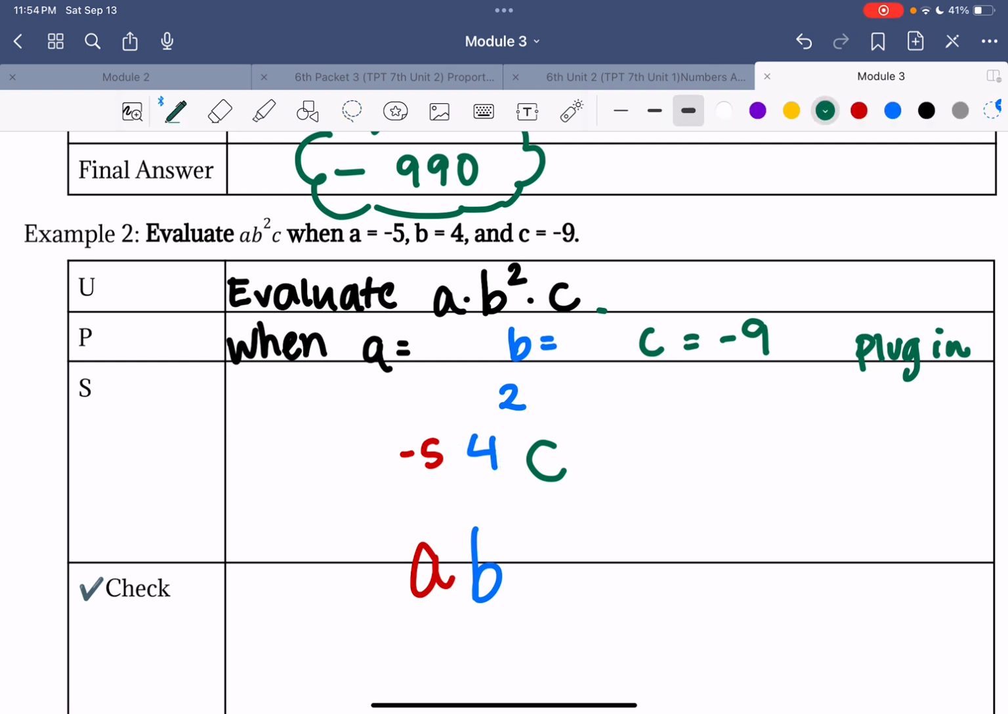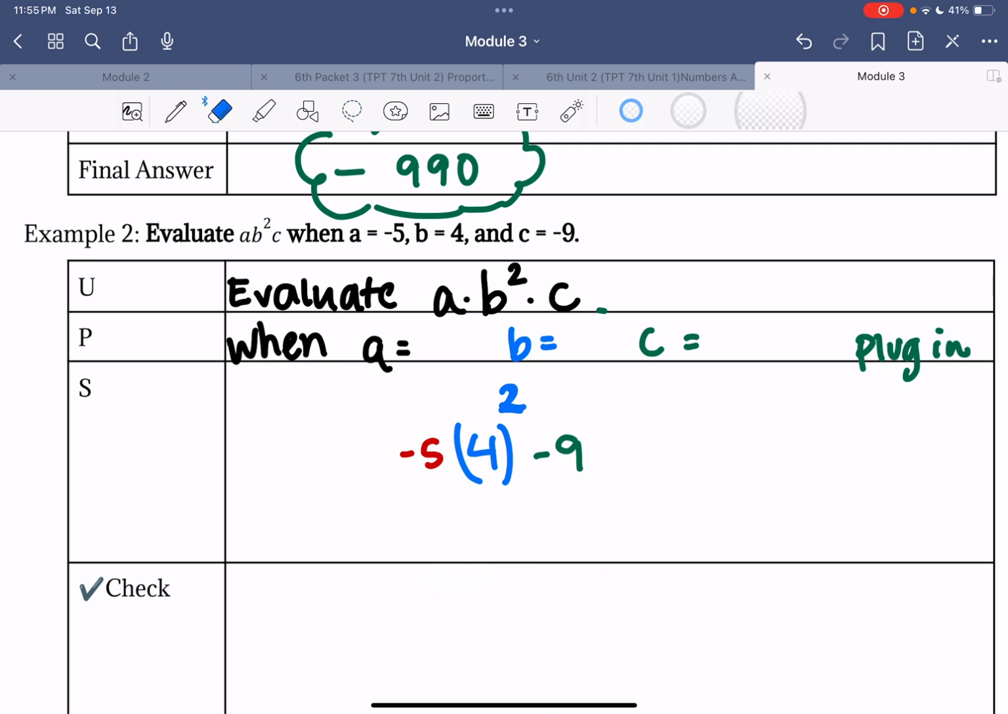Let me wrap it in some parentheses here to remember that this 2 up top, the power of 2, it's just for the 4. And then I'm going to take away the C and I'm going to plug in, oopsies, the number -9, swapping the C out. Okay, let me erase all this stuff. Okay, so